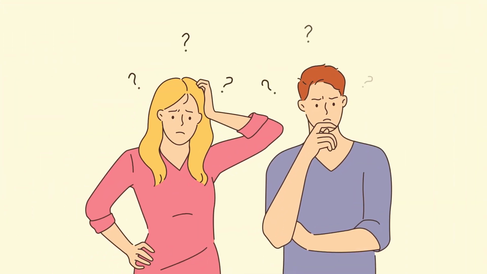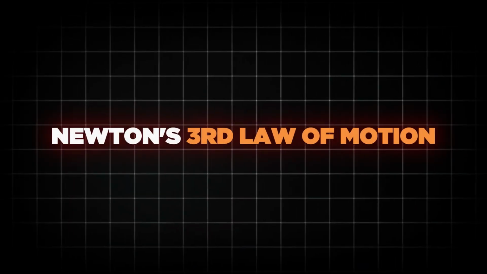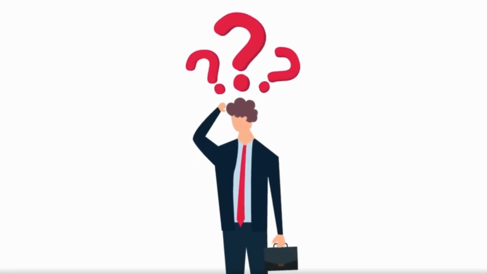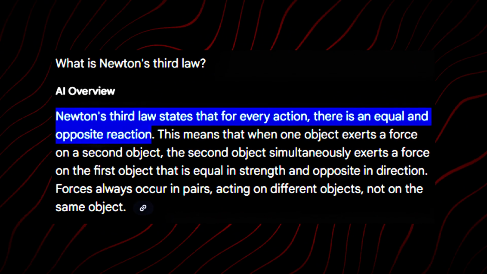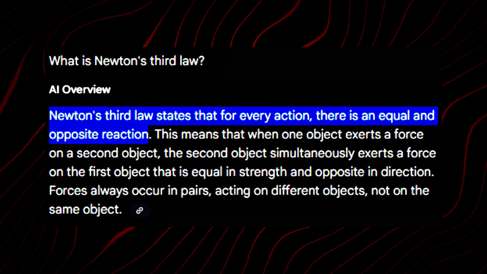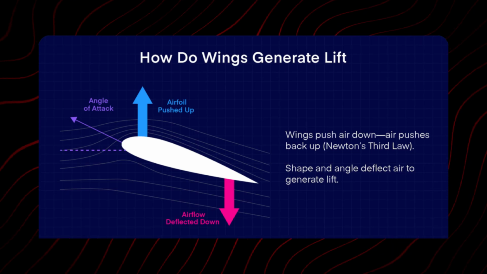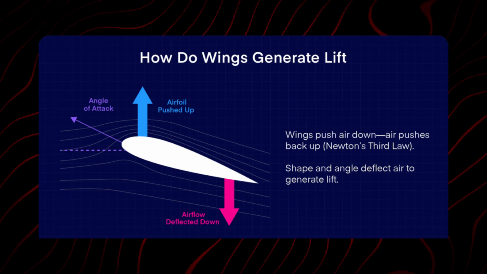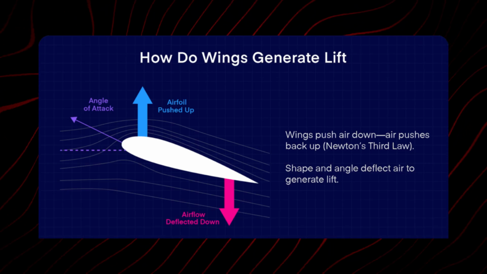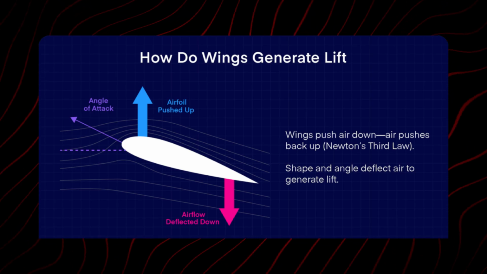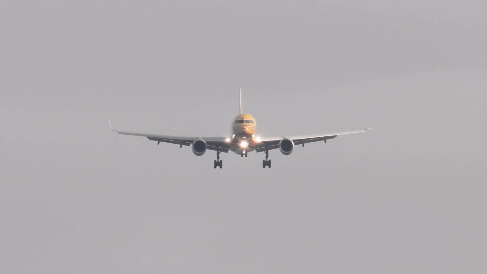But here's another piece to this story: Newton's third law of motion. Now, without getting too involved in physics, you just have to know that for every action there's an equal and opposite reaction. Simple, right? Thus, as the wing tilts slightly, you have the wing pushing air down. Therefore, in response, the air pushes the wing up, and that upward push is what keeps the plane in the